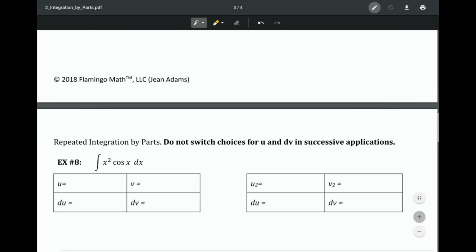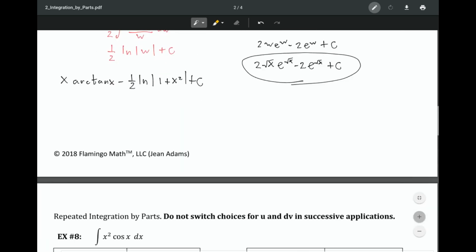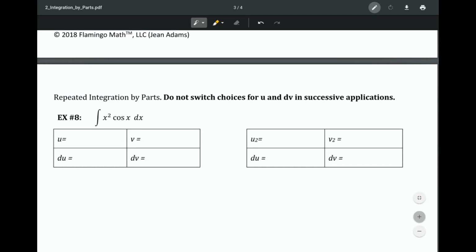All right, let's go ahead and move on to example number 8. So number 8 actually is interesting, to say the least, because sometimes when you do use integration by parts, you can actually use integration by parts a few times before you get the answer, right? So again, we're going to pick the algebraic function to be u, and the other side is going to be the cosine. Now the derivative of x squared should be 2x dx,